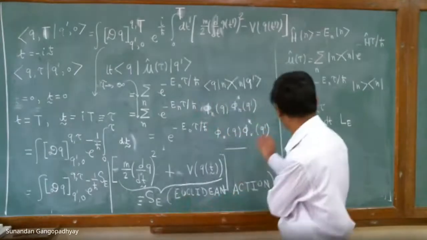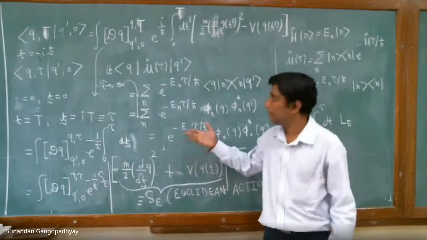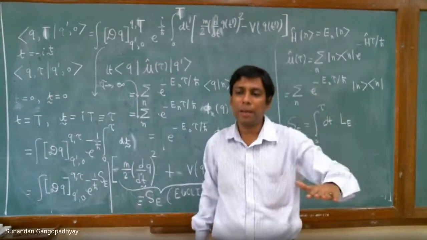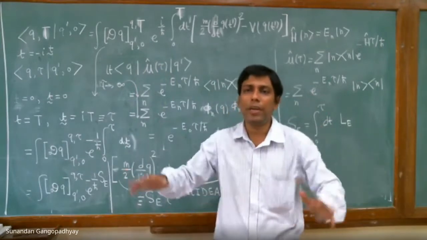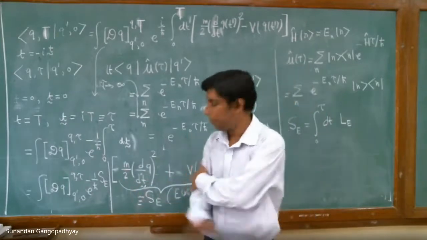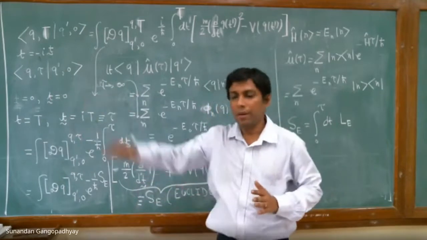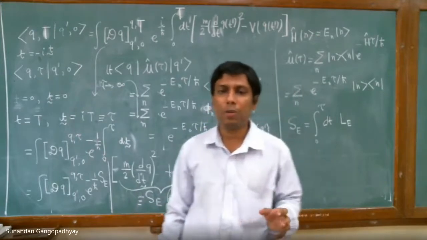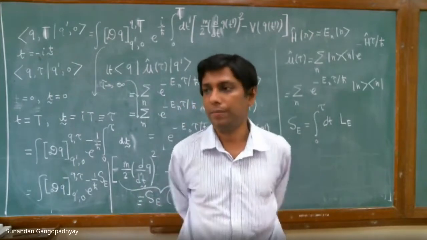You can actually throw this out. This also goes to 0, but it is making physical sense, because if you have an exponentially damping factor in time, that will wash away any contribution that you have, any matrix element in the large time. Ultimately, this will also be gone, but you just want to keep it. It basically says that after a very long time, only the ground state contribution will be the most dominant one. The excited states you can throw away because they are smaller than the ground state contribution.